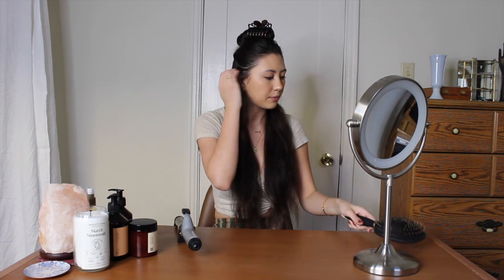So I'm just gonna brush out the section that I put down one more time, just so that I know that it's really, really smooth and there's not a ton of tangles or anything like that. And then I put my curling iron up to a pretty high setting just because I want to have my hair on the curling iron for as little time as possible. And just like, the higher the heat, the less time that you have to leave it on